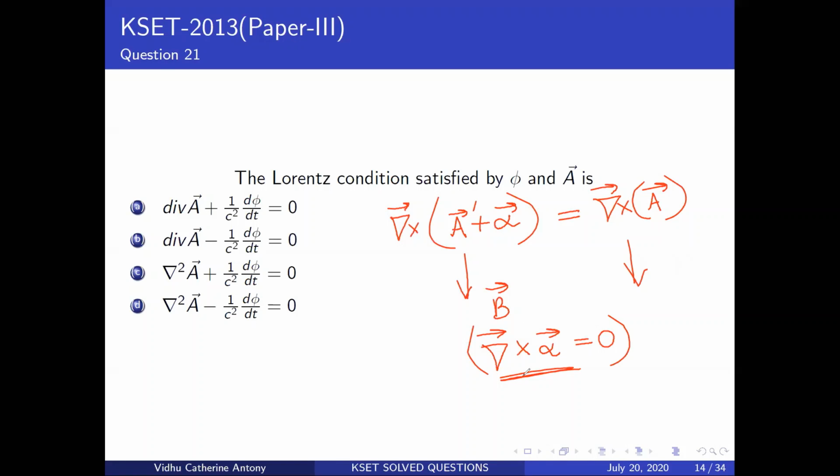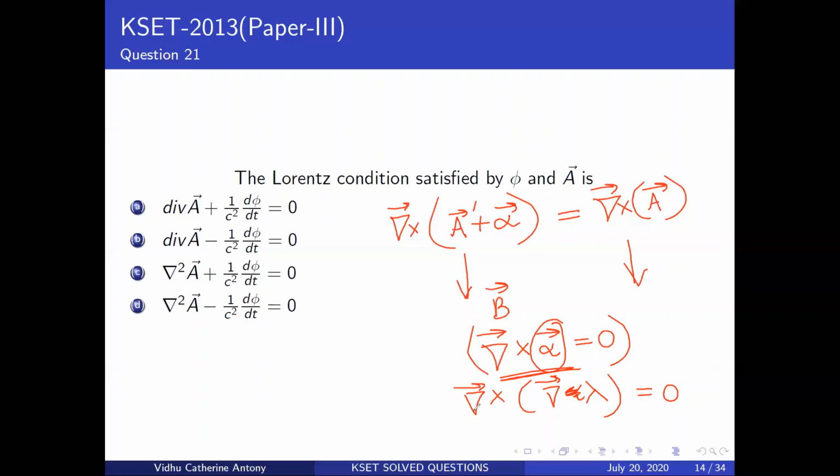Now your alpha, because it's a curl of something, you're supposed to be learning these vector identities by heart. So you take a curl of a gradient of something, let's say lambda, and that should give you 0. So when you have a curl of a vector that gives you 0, you can express that vector as a gradient. These are vector identities that you probably learned in BSc. So refresh all your vector identities and look into that. I think the second semester students must have refreshed them already. So let's just move on.